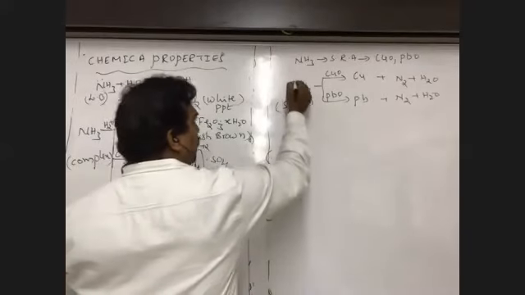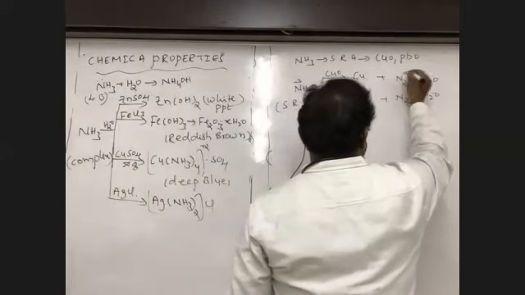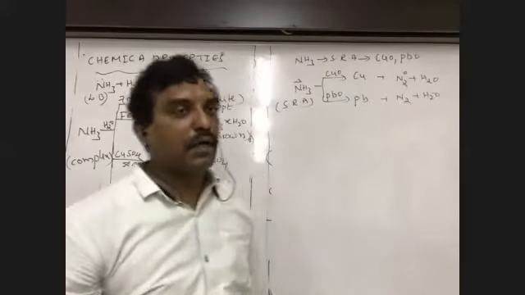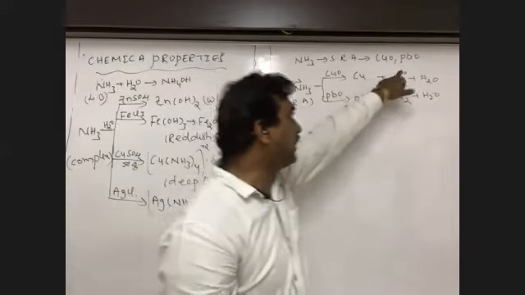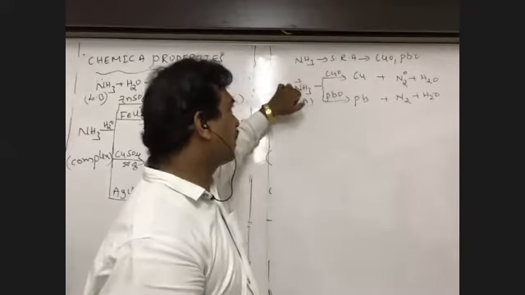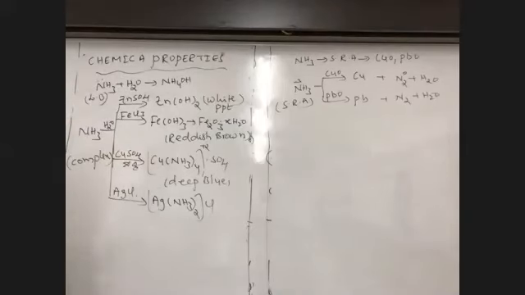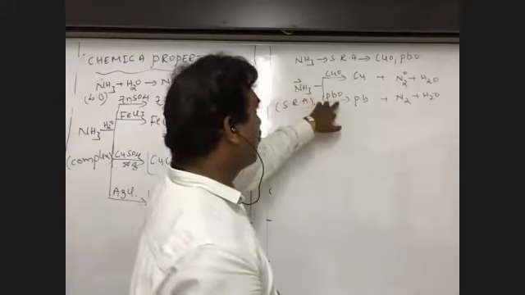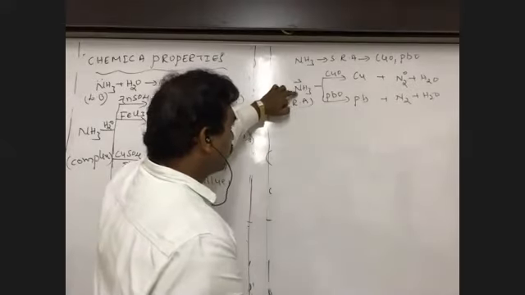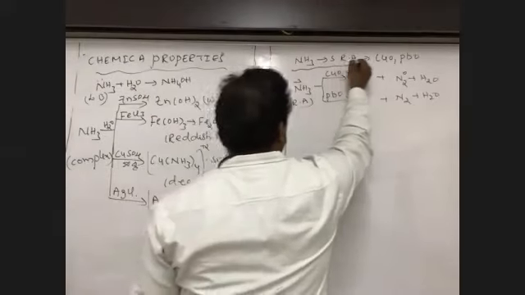In ammonia, the oxidation state of nitrogen is -3. In N2, the oxidation state of nitrogen is 0. Here, from -3 to 0, the oxidation state increases. An increase in oxidation state means that ammonia participates in oxidation. If an element undergoes oxidation, it acts as a reducing agent. When ammonia reacts with lead oxide to form Pb, N2 plus H2O is produced. So in this process, ammonia acts as a strong reducing agent.